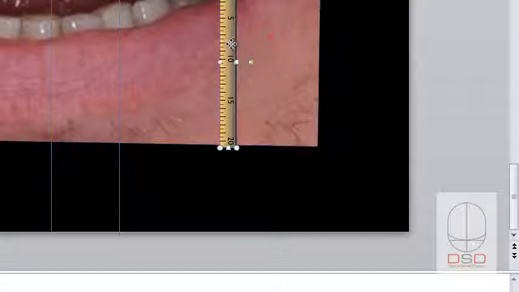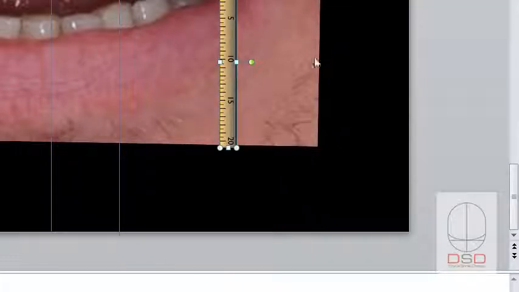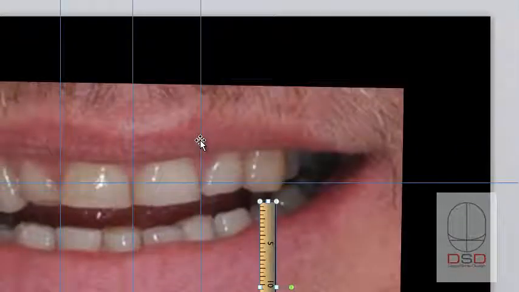So it's rotated. I cannot change the size of this ruler again. If by any mistake I do this, my ruler now is off my calibration. So I'm just going to do a Control Z, and I'm back to the position and size of the 17 centimeters, which was the distance of my calibration. Now I can go ahead and